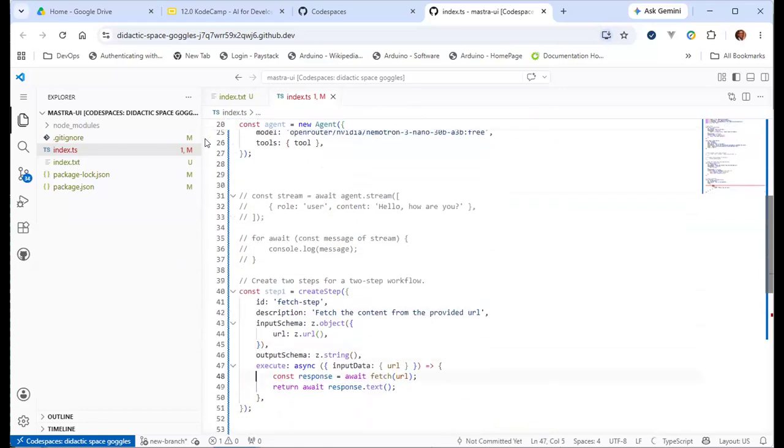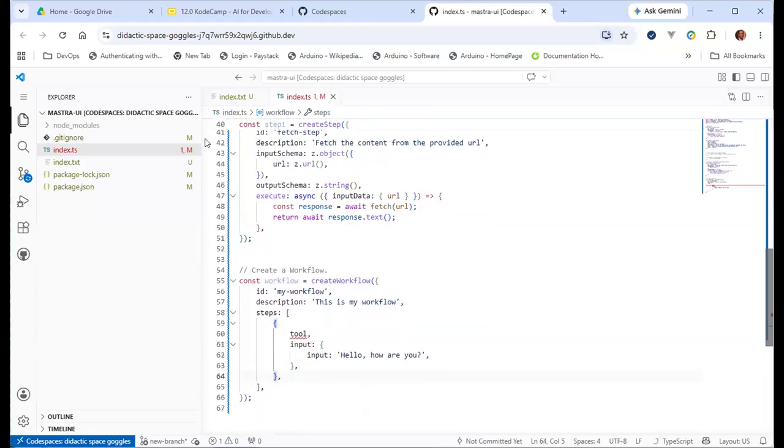So in this case now, to assemble the workflow, you now have steps here, which is the list of steps. Just like all the other things, the workflow itself will have to have an ID. Then it will have an input schema because the workflow is going to take an input, and then you have an output schema.